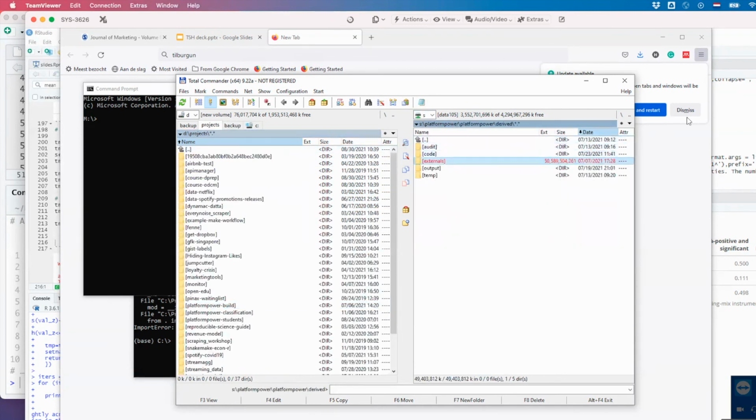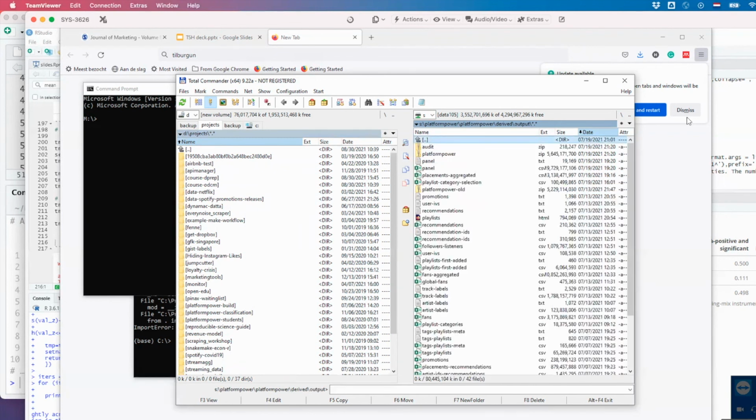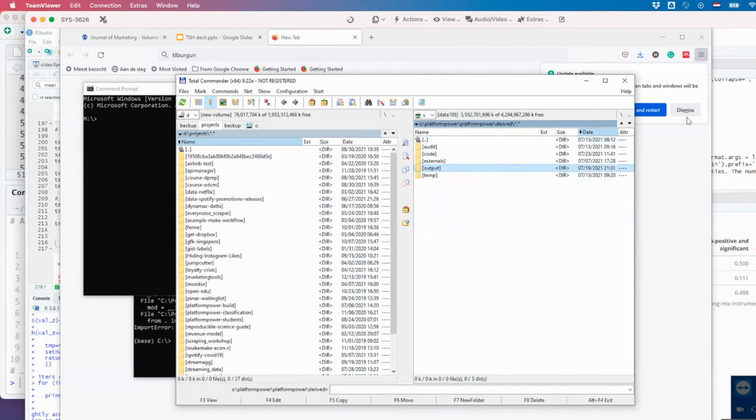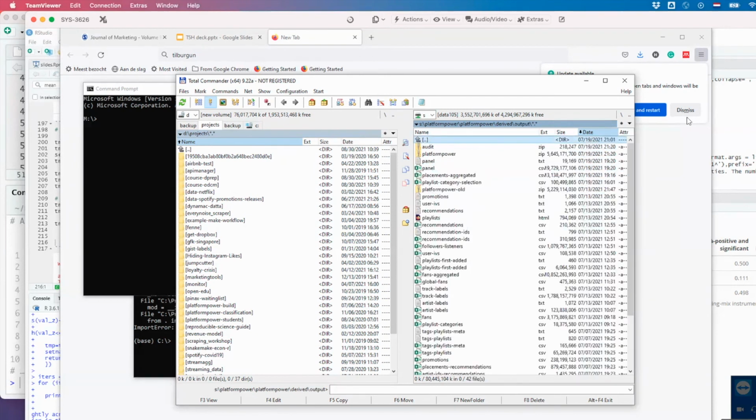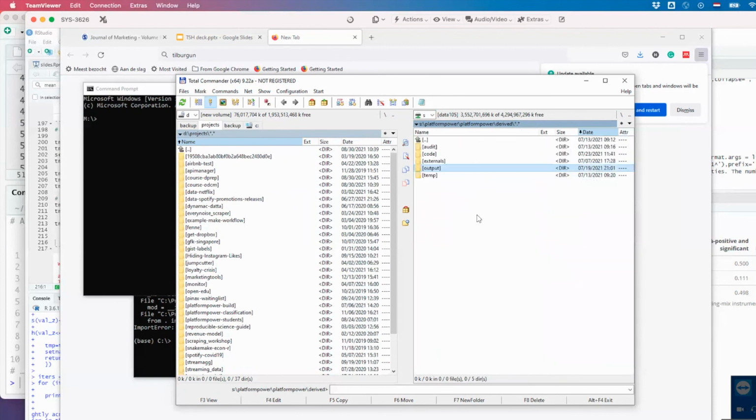Again, 50 gigabytes of raw input data. Oh, it's correct, actually. 4.3 gigabytes of temporary data. And from this, I'm creating 82 gigabytes of final output data. I'm creating even more than I have at the beginning because it's enriched and maybe blown up in all kinds of ways. And this is the data set that I ultimately will analyze in this project. Actually, multiple data sets come out of this.